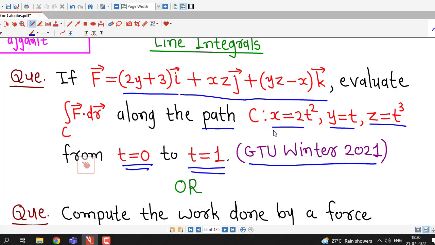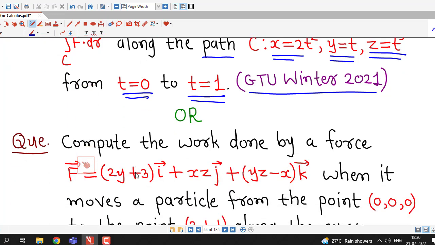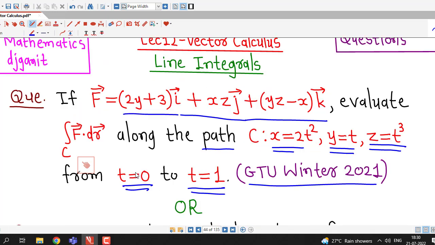So we are already given the parametric representation of a curve along which we have to integrate the given vector function, and the same question can be asked in this way also, as